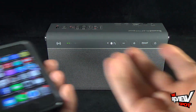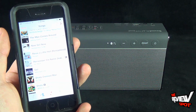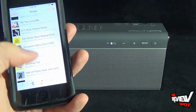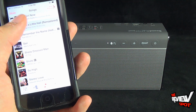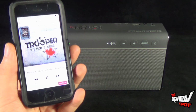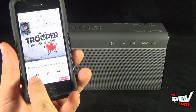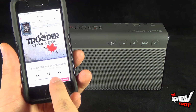With this being a speaker system, Spot's got to show you how it sounds, right? So let's go into my library of music. And I know I kind of have to update my library at some point. But let's find a song. Oh, that's a good song we can play. And you guys can hear how incredible the volume is. Now, the volume is controlled by your phone. You can have it really low, or raise